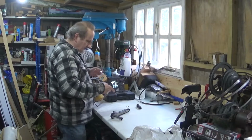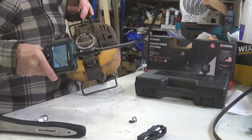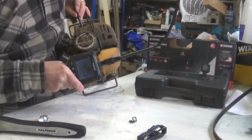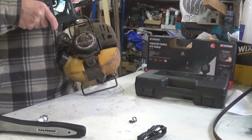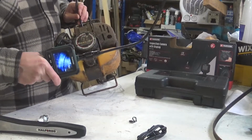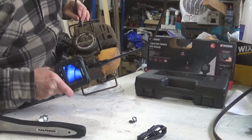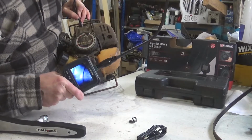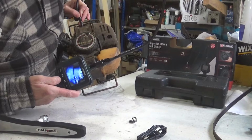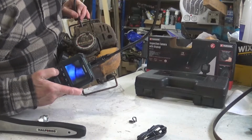We can then have a look down that bore. Assuming that that's not too big. There we go. And we can see inside there a bore. Take a picture, looks okay. Now you won't get a mirror down there. So what we'll now do,